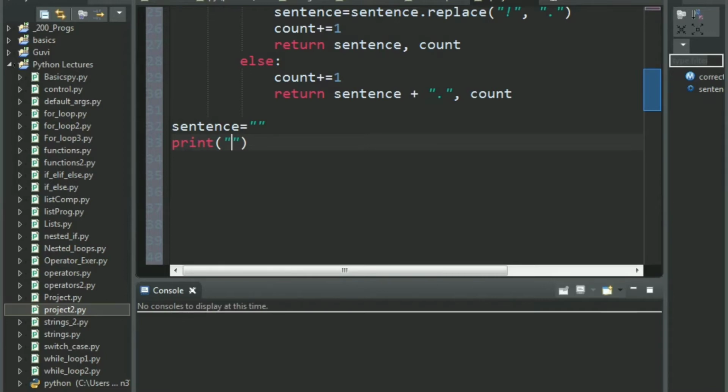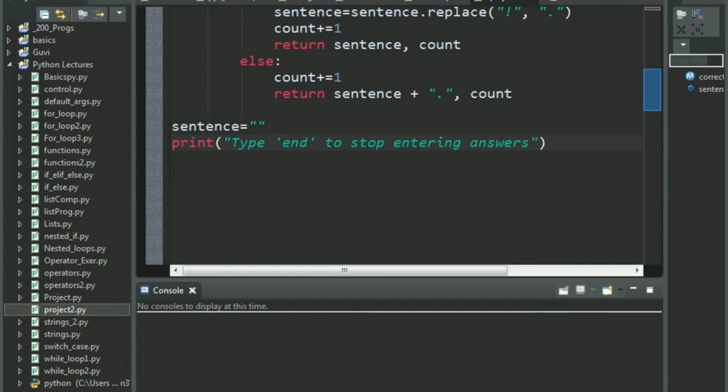So for example, the student wants to stop at some point, so I want the student to type end whenever he or she wants to stop giving sentences. Okay, so type end to stop entering